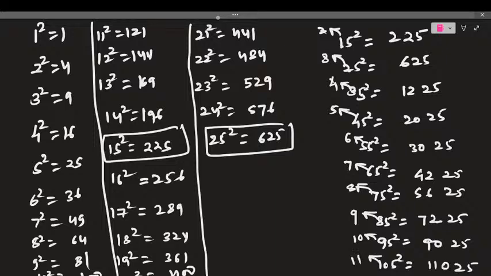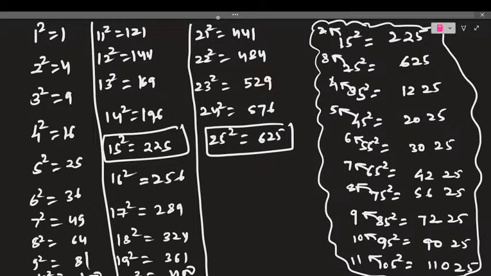This is a trick that you can use to find the square of all the numbers that end with 5. Similarly, for 26 square, there will be 6 and these two digits will be here. For 27 square, there will be